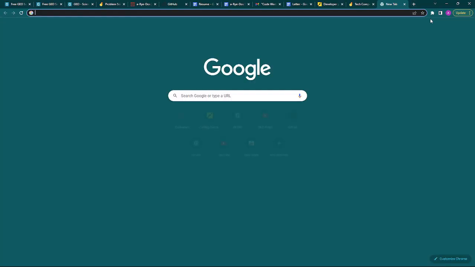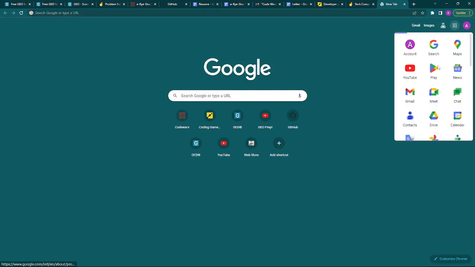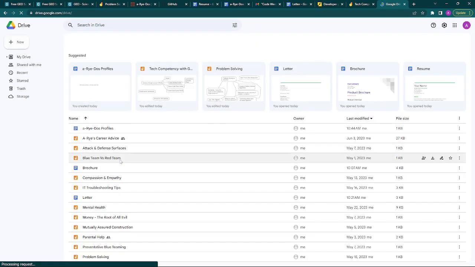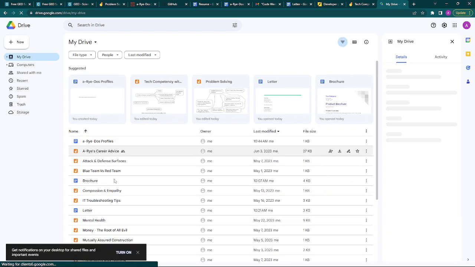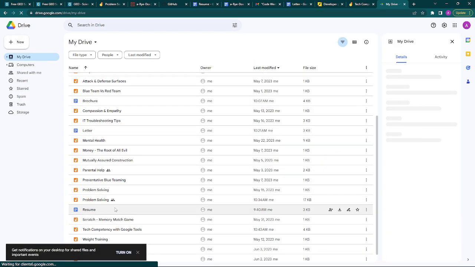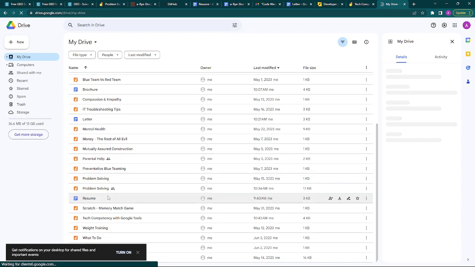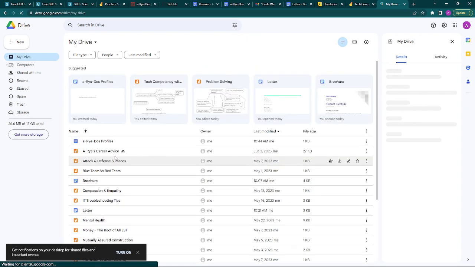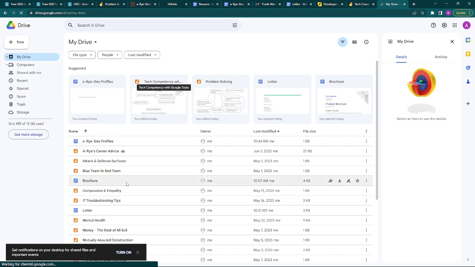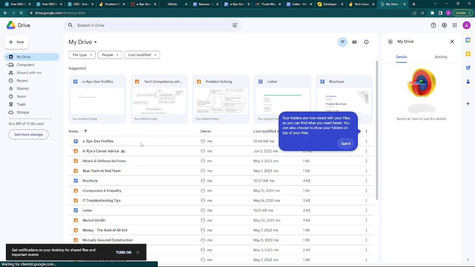So if we open our drive from going into here, you see all this stuff, red team, blue team, money, parenting, things that I've been sharing with other people. I originally made a lot of these things on my personal account, then I shared it, and then I just realized, well, moving forward, let's just make all of the new stuff in my public thing, and I'm still not going to grant access to the drive to people,